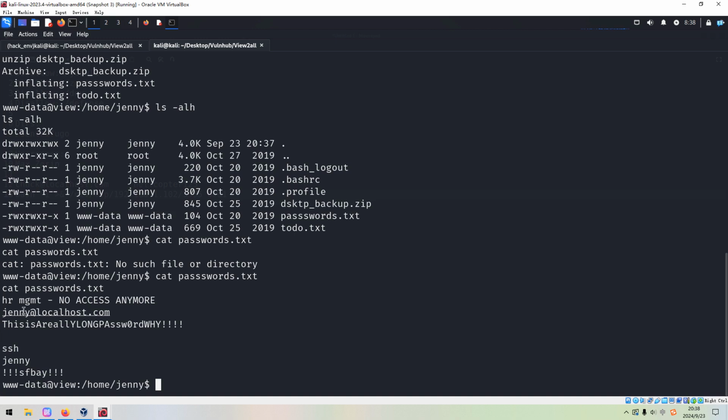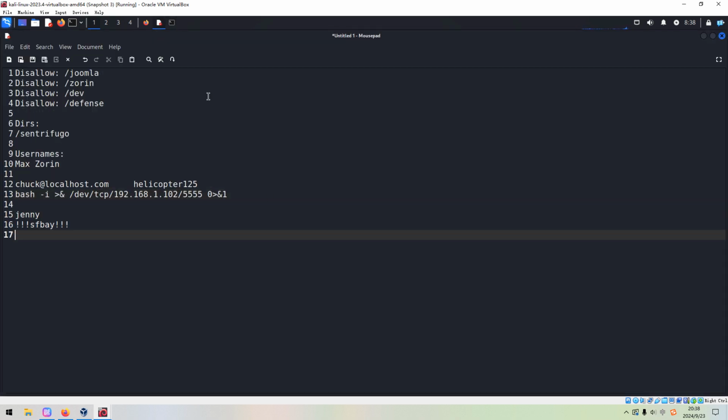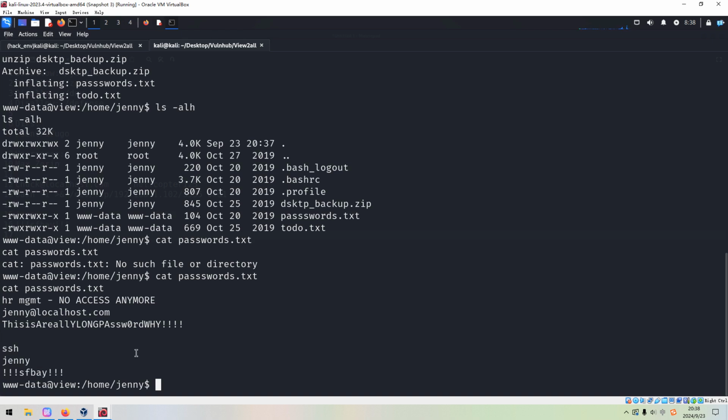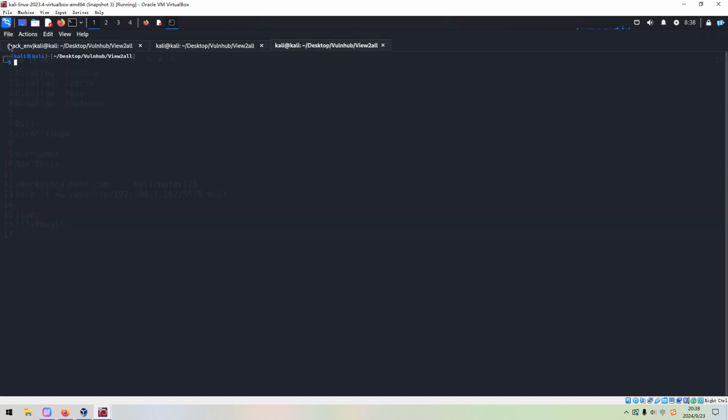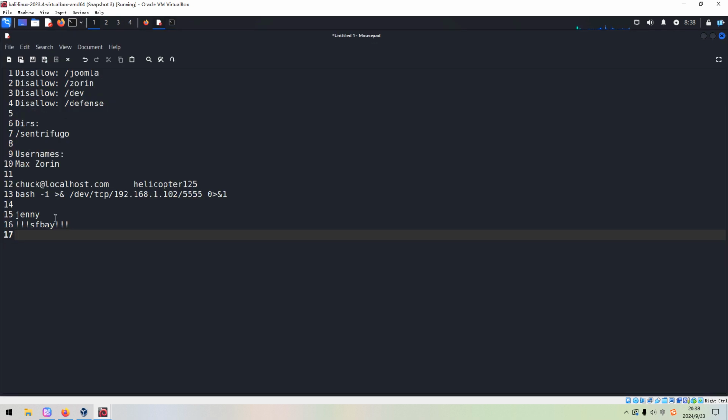So this should be the credentials information. We can get another user, Jenny, and this would be its password. However, more interesting is we can get the SSH credential, so we can copy and paste it in here. Because this shell is not the best one, it would be best to SSH to the target, because we have already got the credential and the password.